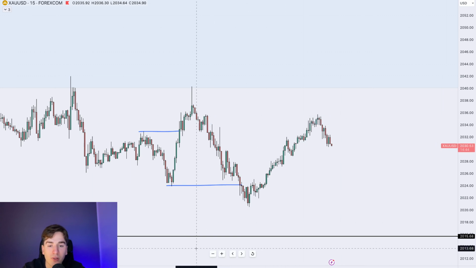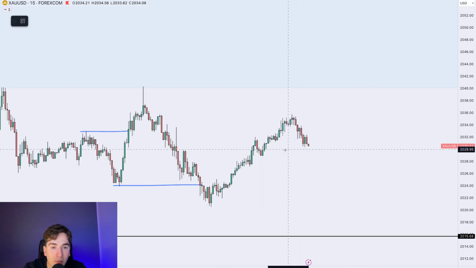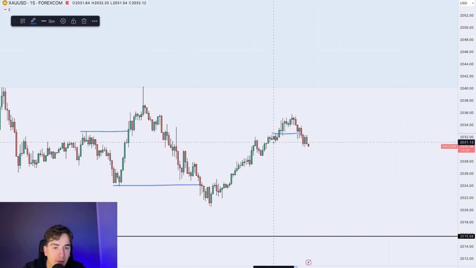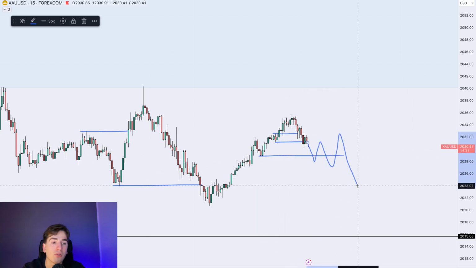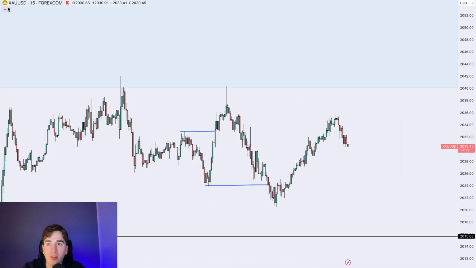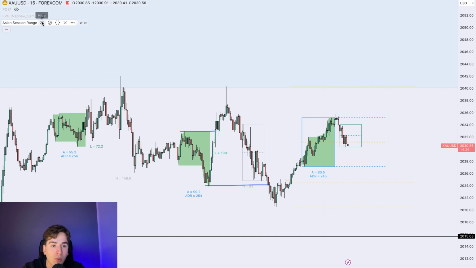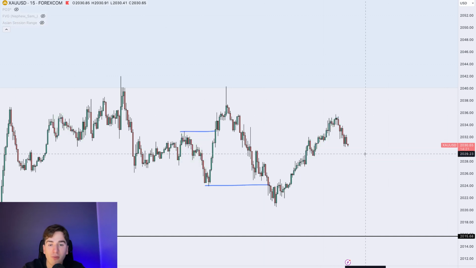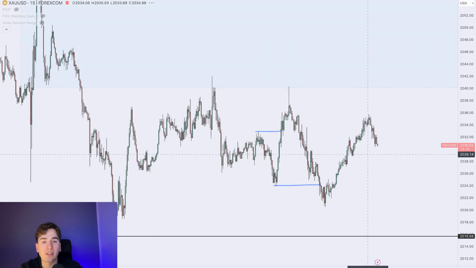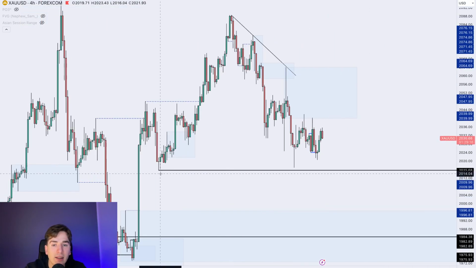And now what I'm waiting to see is, can we start breaking? We've already broken, let's say, this first mini zone over here where we saw a bullish candle. And now what I'm waiting for is to break this low. If we can break that, then you could start looking for some sells in towards the downside. So that is personally what I would be looking for over here on gold. So that's it for myself for the day. I'm looking for further downside on gold to trade it and liquidate this low over here,